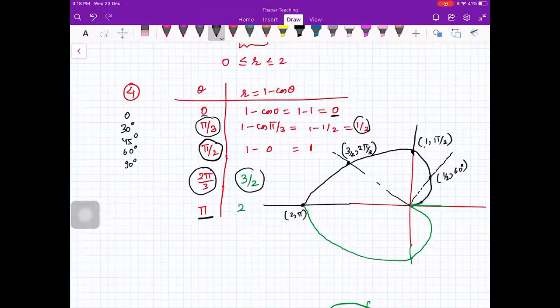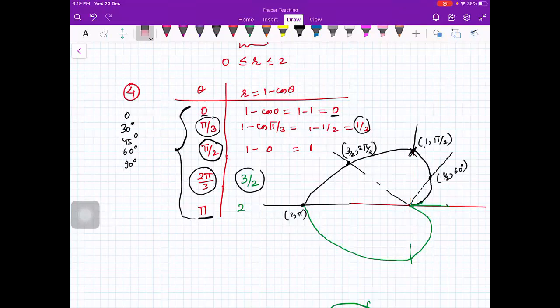Yeah, randomly you can take, but it is always better that you take pi by 2, because that will give you an idea what is happening at this point. And also you should see if there is a symmetry about the x-axis, y-axis also, then you will just take from 0 to pi by 2, because everything else you will get, right? If you have a symmetry about the x-axis, about the y-axis, and about the origin, you can just plot the graph in the first quadrant. Whatever is the graph in the first quadrant, the same will be the graph in the second quadrant, the same in the third, and so on, right? You can do that. That depends on what symmetry you are getting.